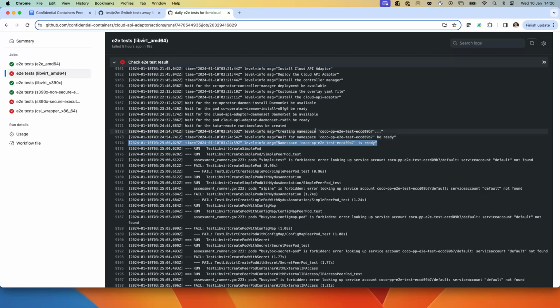Now this could be a race, Suraj, as you say, because we create the namespace, but usually when we create the namespace, the service account is created. Or it could be something totally different manifesting in this error.